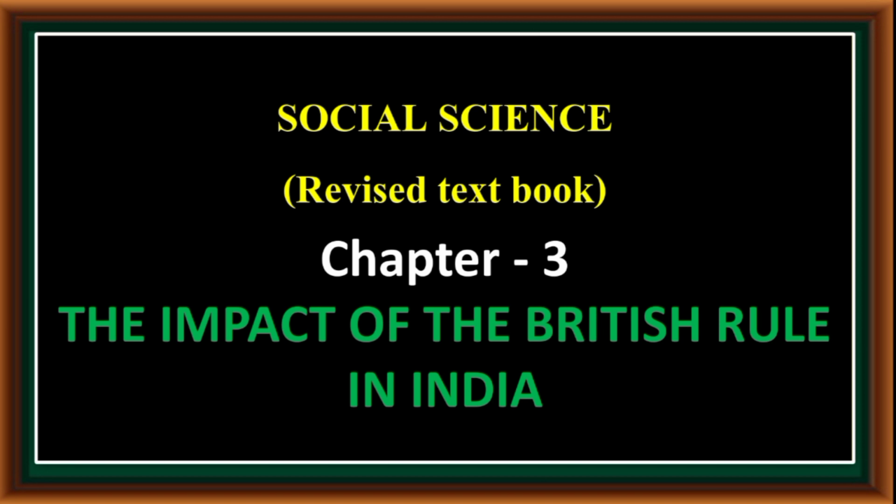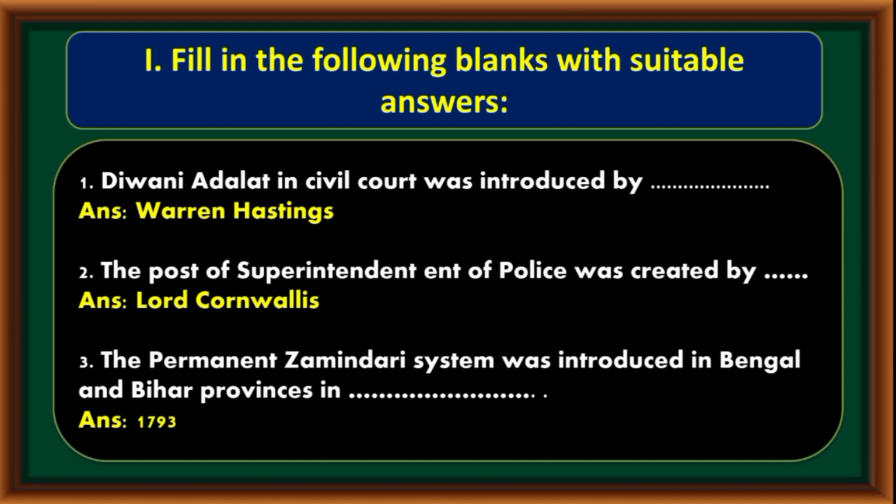In this video, let us see textbook questions of History Chapter 3, the impact of the British rule in India. Fill in the blanks with the suitable answers. Diwani Adalat in civil court was introduced by Warren Hastings. The post of Superintendent of Police was created by Lord Cornwallis. The permanent Zamindari system was introduced in Bengal and Bihar provinces in